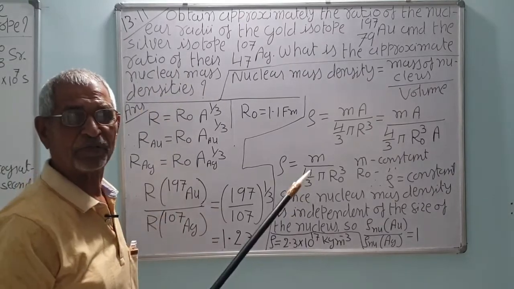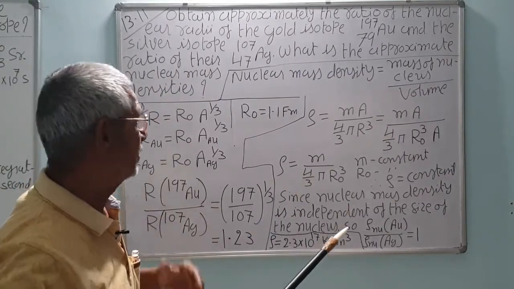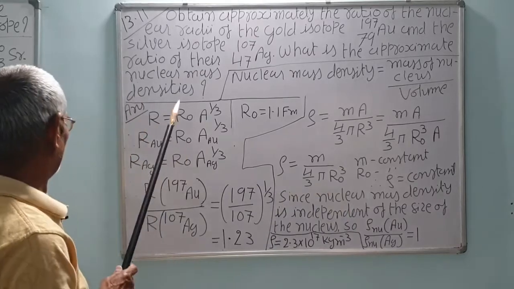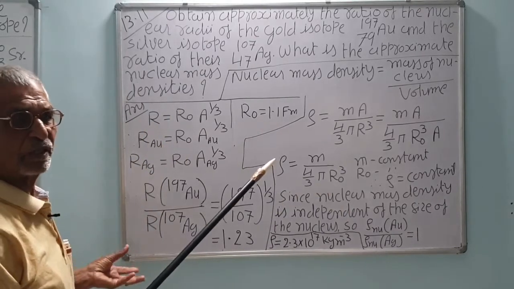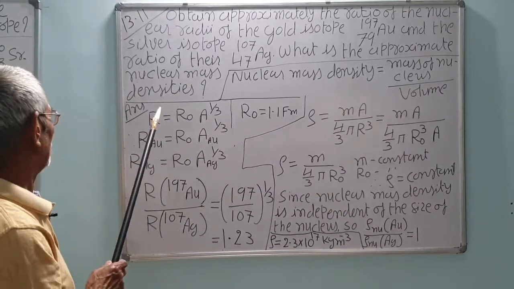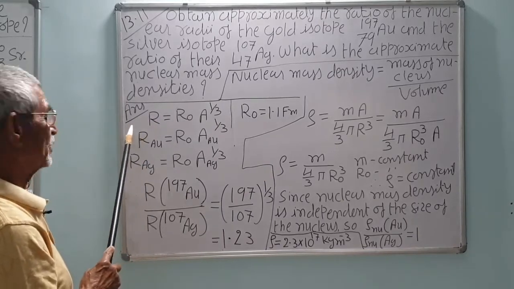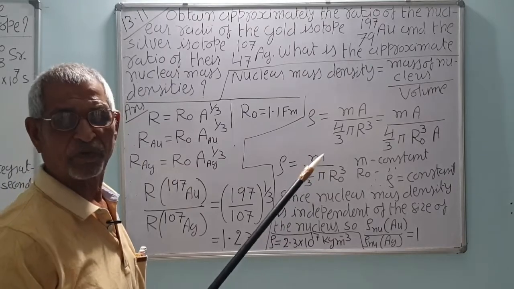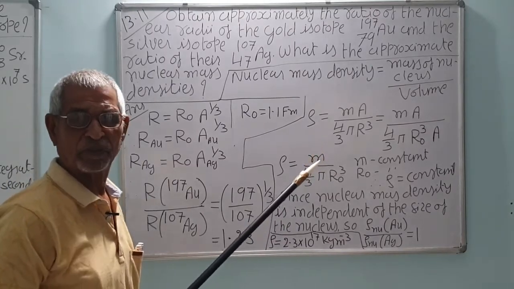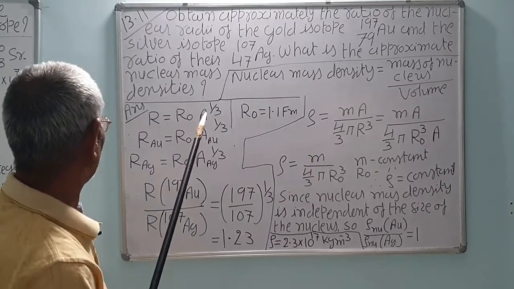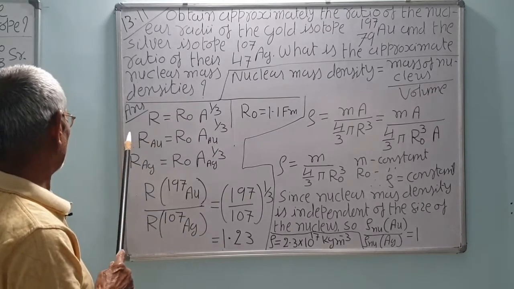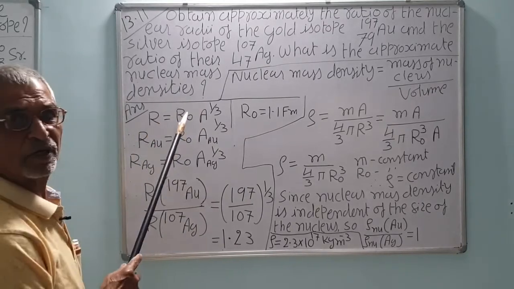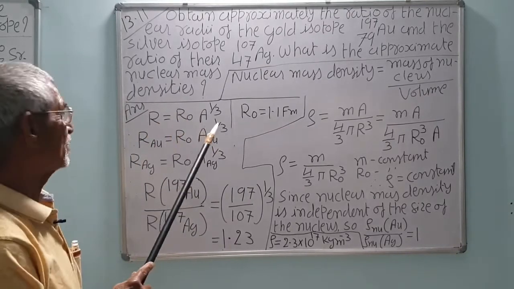Densities, you know, remain the same. It doesn't depend upon the size of the nucleus. Whatever the size, more the size, there will be more volume. So, the density is the same, and it is approximately 2.3 into 10 raised to 17 kg per meter cube. It is a very high density. The density of the neutron star, you can compare it with this, we have already discussed.